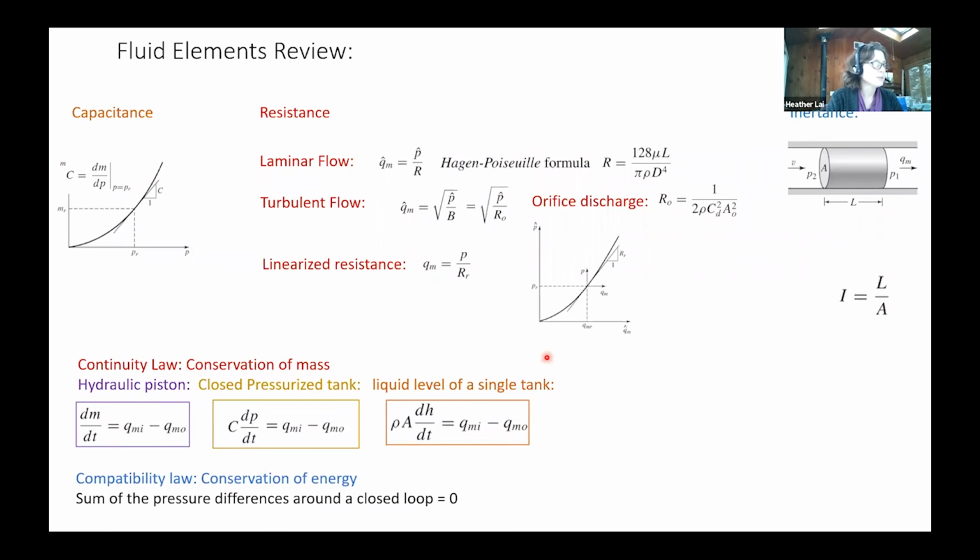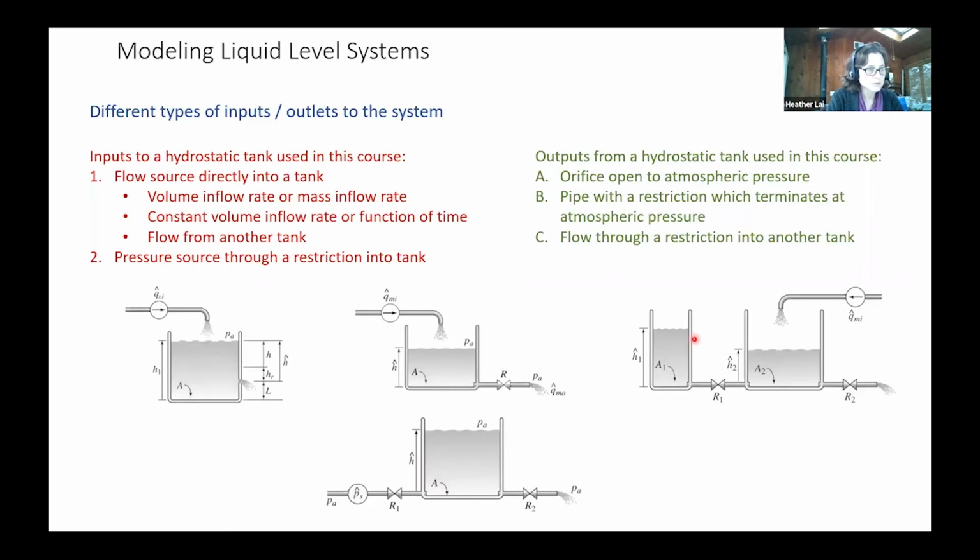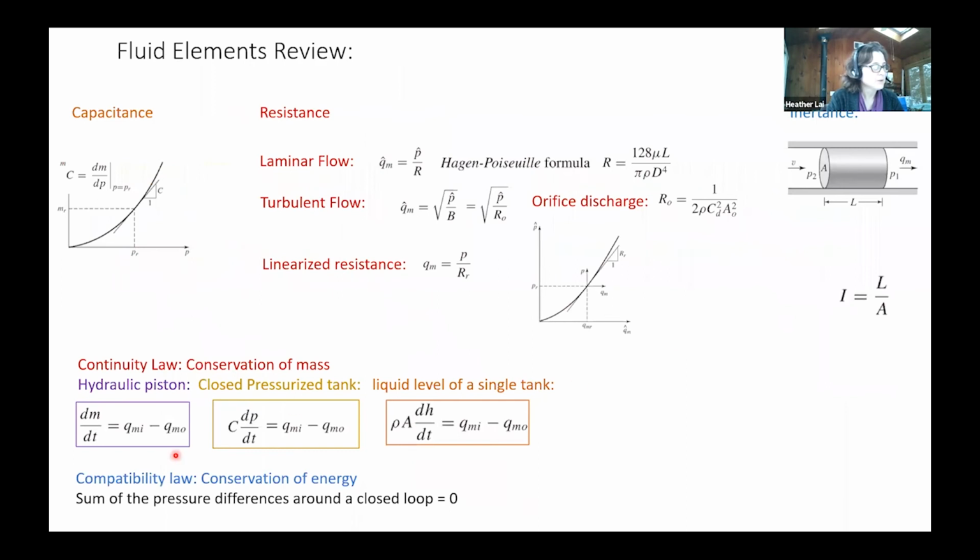We can also identify what type of problem it is, right? So depending on whether it's a liquid level problem, like I just showed there, or it's a problem where instead of the height changing, with these problems we're just looking at how the height changes around its equilibrium point. We can also look at how the pressure changes in a pressurized tank. We can also look at how the mass is changing in a hydraulic piston. Okay, so all of these are based on those same things, and they all tie right back into those different elements and how energy is being